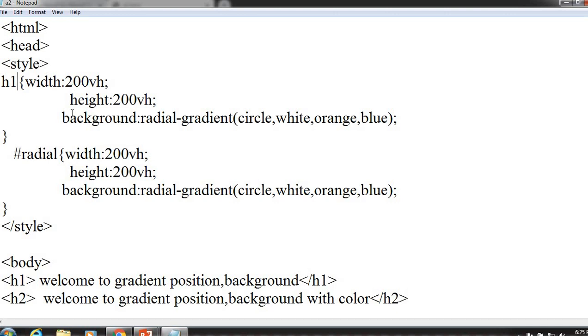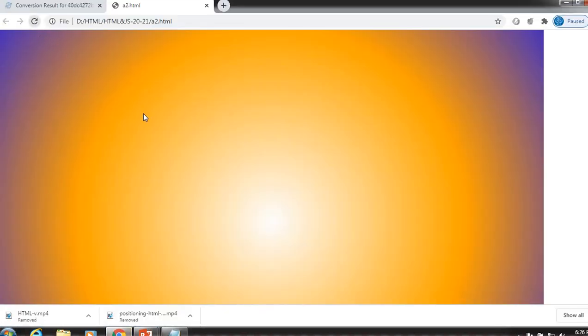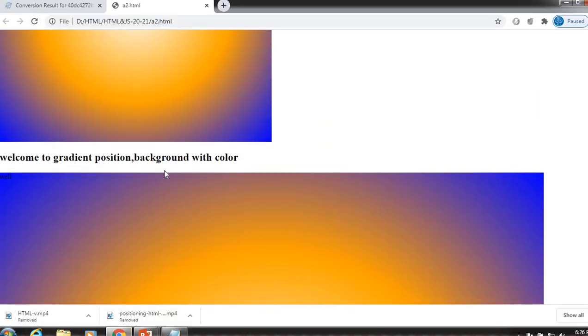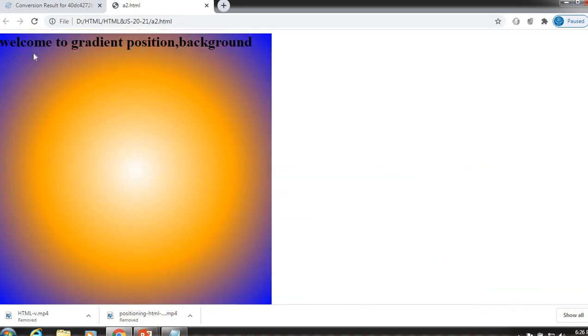So it will have the changes for this. So the heading will appear on the page like this.